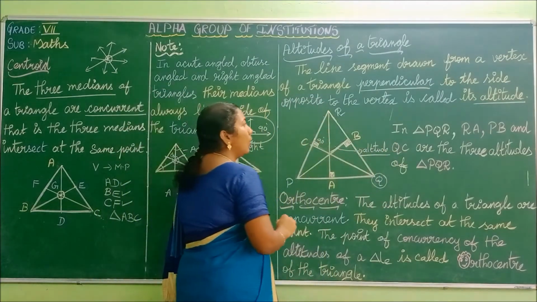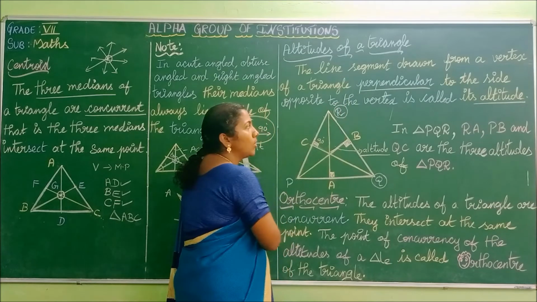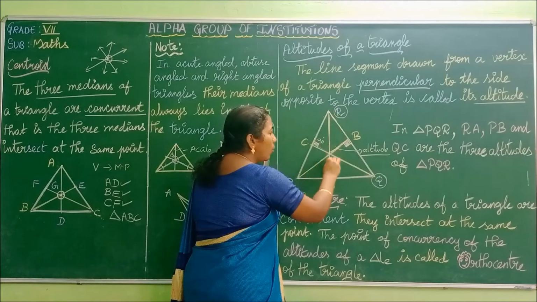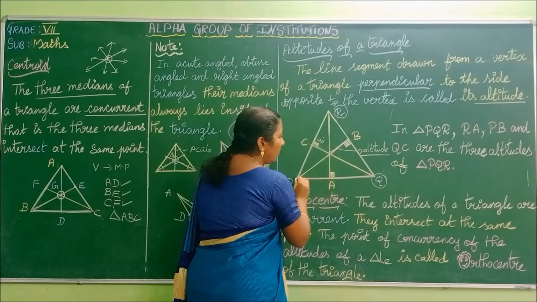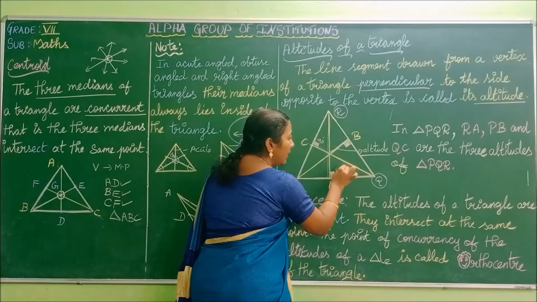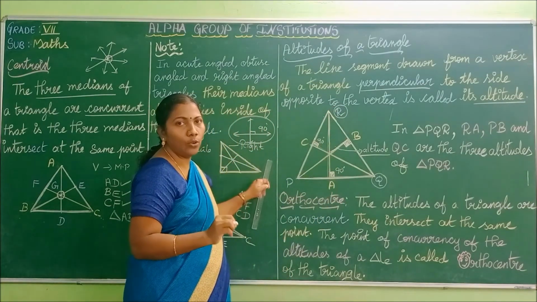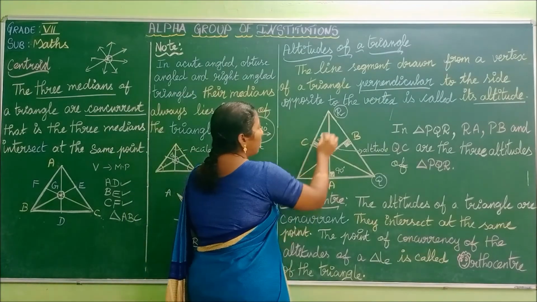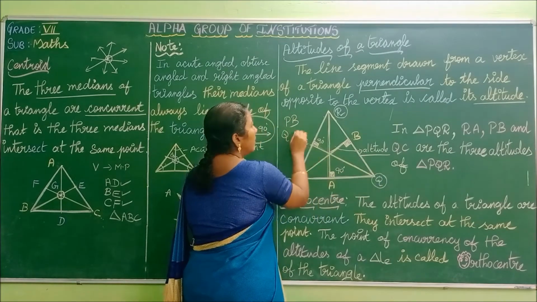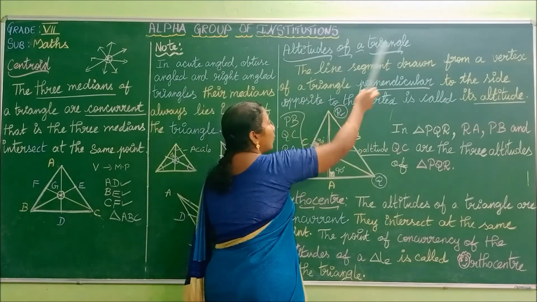What is my altitude? Perpendicular height. Similarly, we are going to draw another altitude from the vertex R, whose opposite side is PQ. Now we are going to draw a perpendicular line from R to its opposite side. So the angle between the side PQ and the altitude should be 90 degrees. If it is 90 degrees only, then we can call this line segment RA an altitude. Okay. So these three line segments, what are they? PB. Another one QC. Next RA. These three are called altitudes of a triangle.